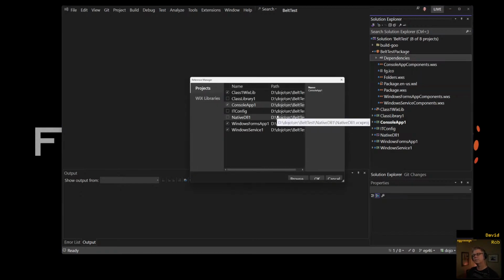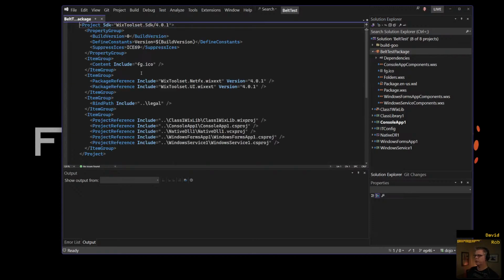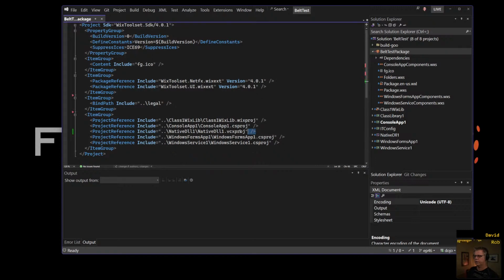It's been a while since we added something. Remember this? From our package dependencies, check native DLL. Heatwave will do the work to say, yeah, cool, I will add that, update your project, and make sure that native DLL is built before you are. It also, as we saw, because it's added a project reference right here, native DLL, it's also adding BindPaths for us,